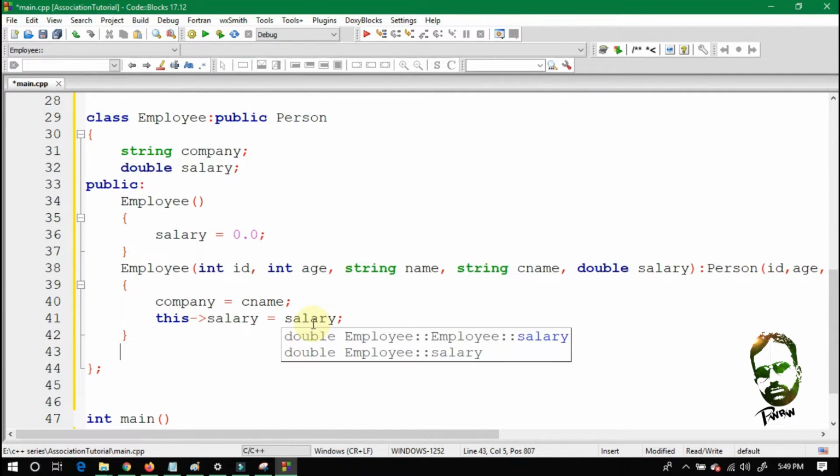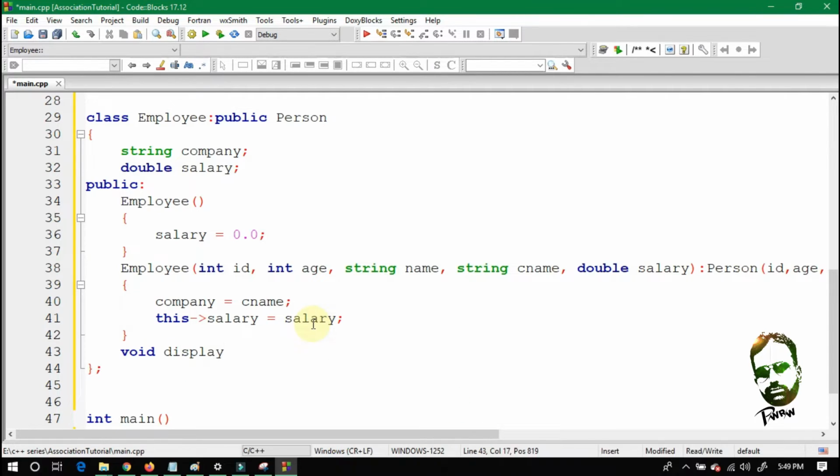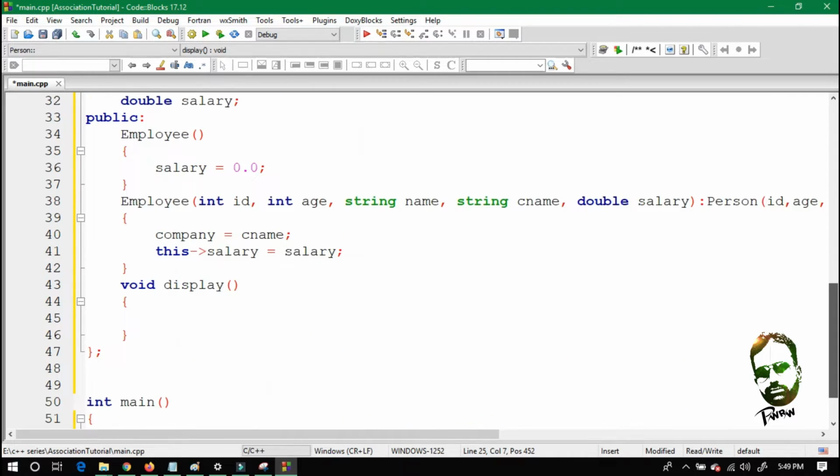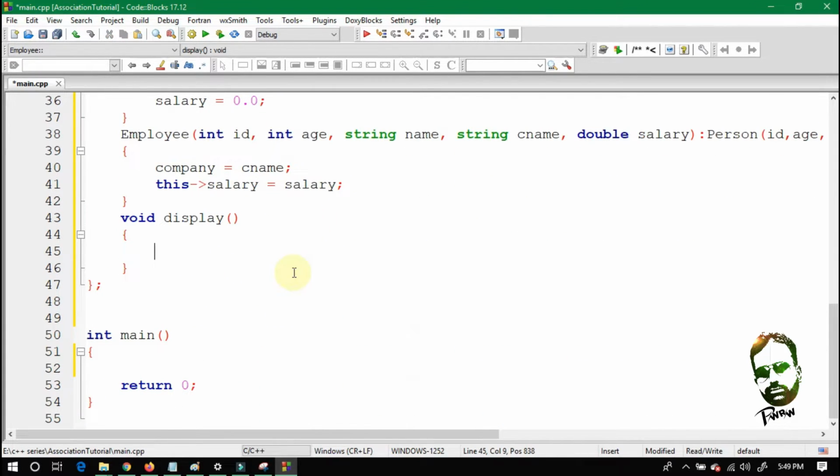So let's make its display method, void display. Keep in mind that this display method is of the employee class and this display method was of the person class. So whenever we call the display method of this employee class, this display method will call the person display first.